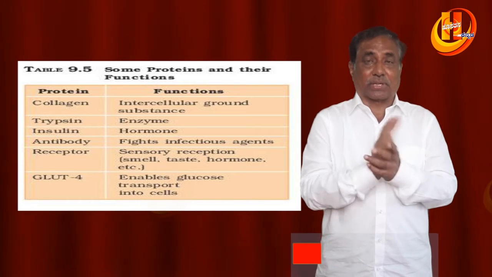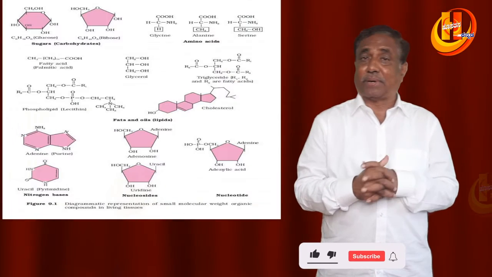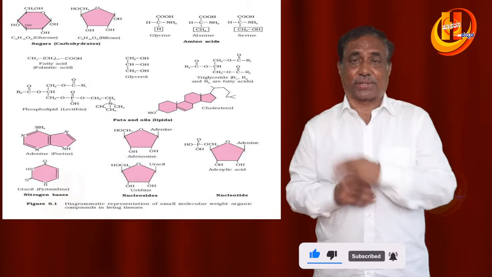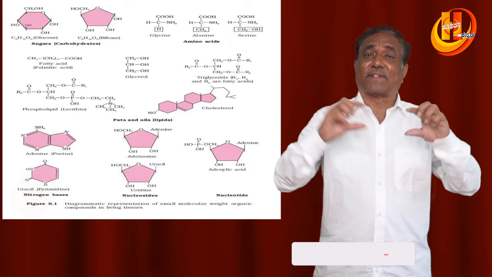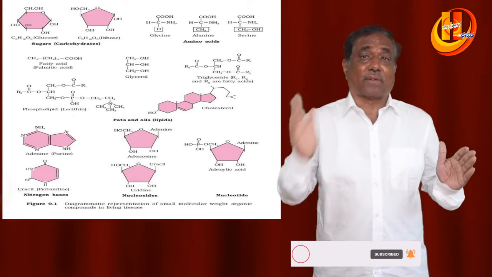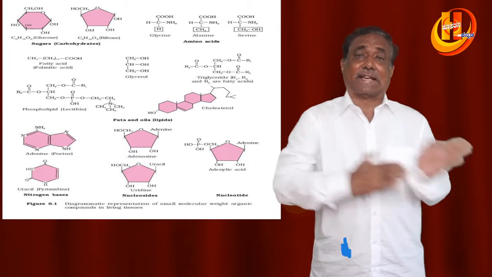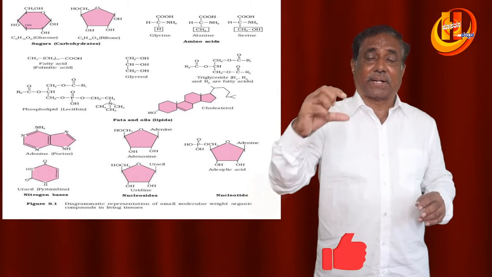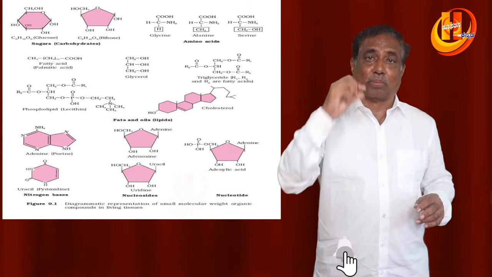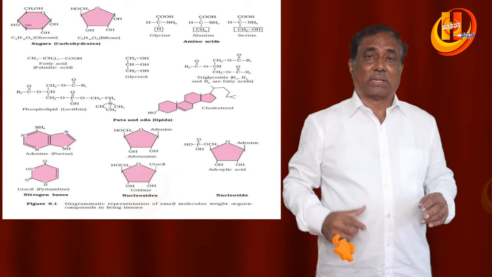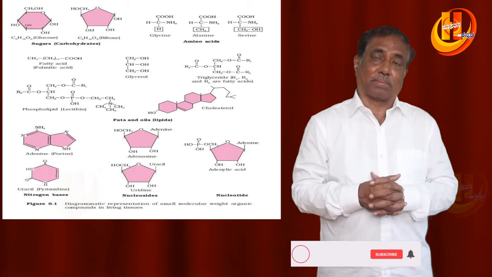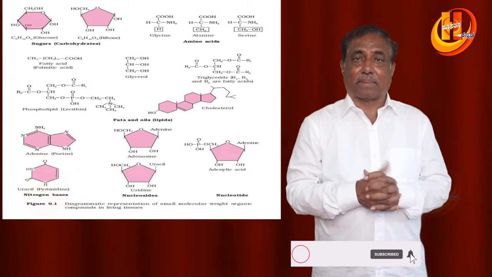And the structure of a protein can be studied from different views: the primary structure, secondary structure, tertiary structure, quaternary structure. Primary structure is based on the sequence of arrangement of amino acids. Any change in the sequence alters the function of a protein, for example, sickle cell anemia, SCA. At the beta 6th position of hemoglobin, if valine is present in the place of glutamic acid, that hemoglobin becomes abnormal and it renders the patient anemic.